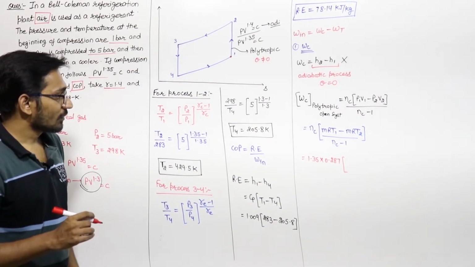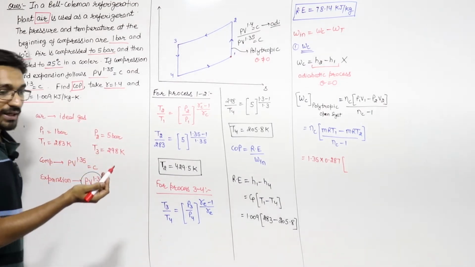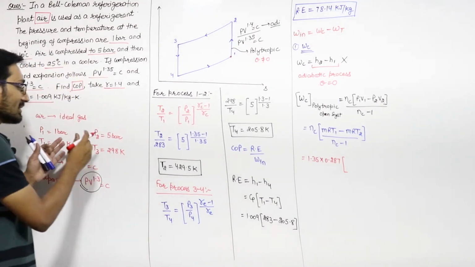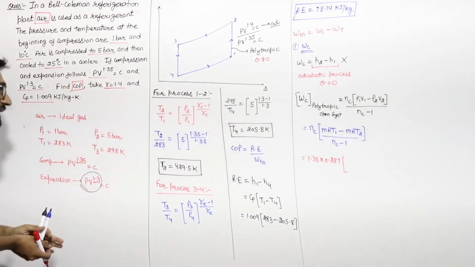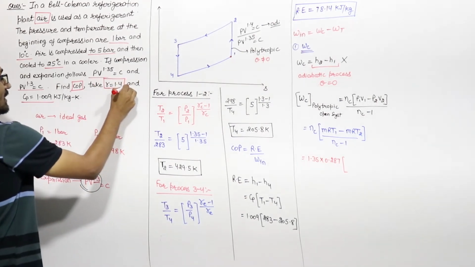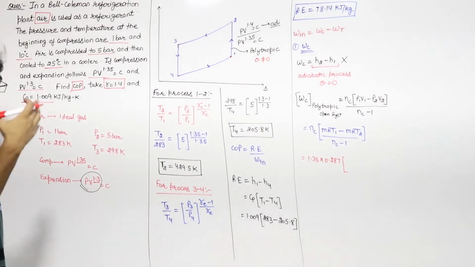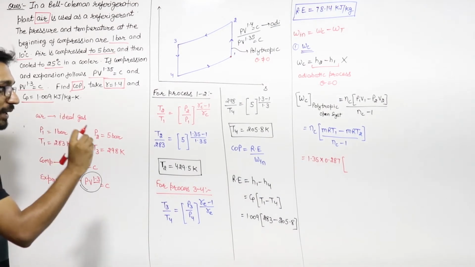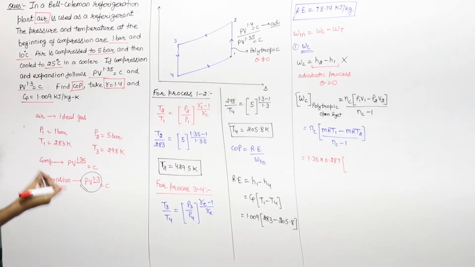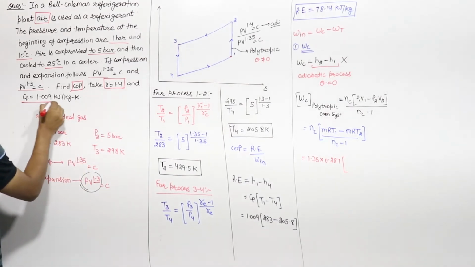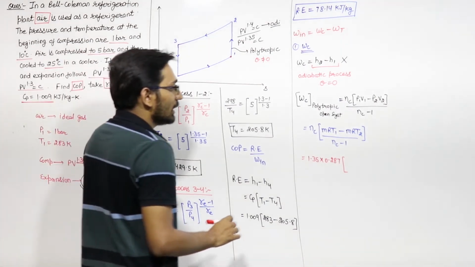Now, don't be confused: sir, here gamma is not 1.4, so how can you write R equal to 0.287? See, this 1.35 and 1.3 are for this process, not for the air. Air is still taking gamma 1.4. It is given in the question. The 1.35 is because of the polytropic process. Don't confuse with it. R is 0.287. Somebody will ask that you cannot write R equal to 0.287 when Cp is given. No, this R is 0.287. Don't confuse with it. Into T1.